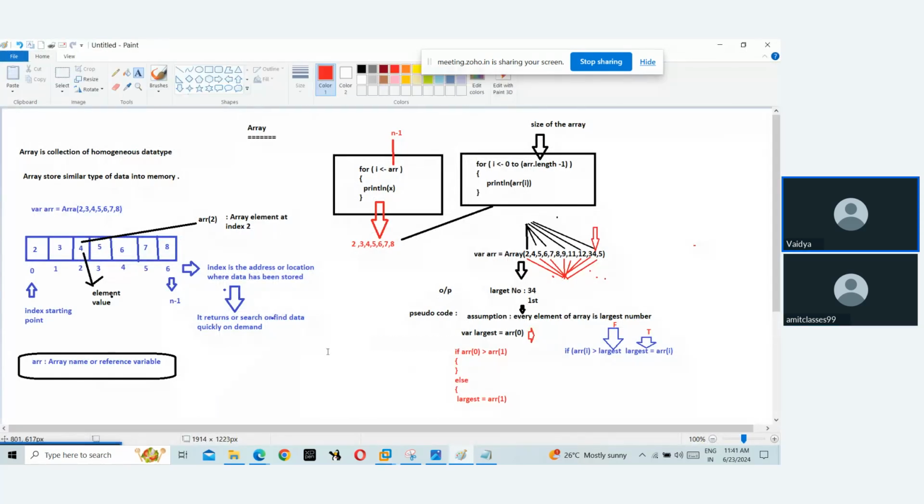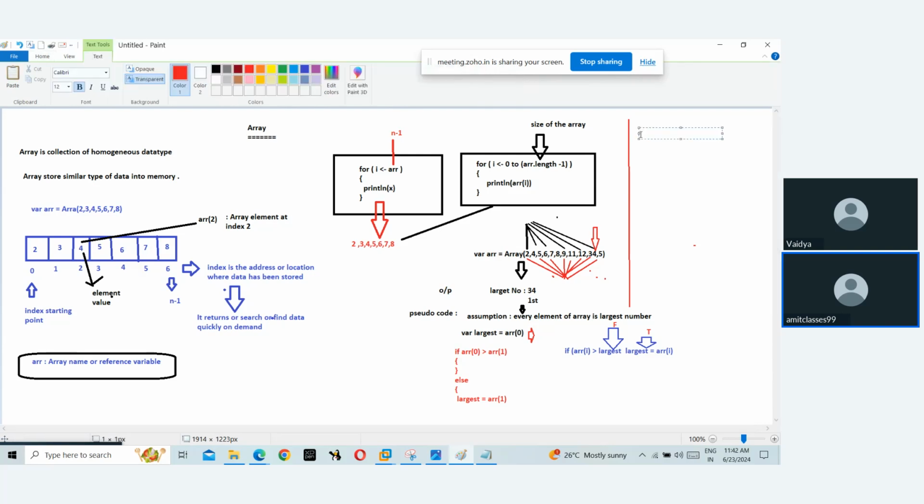But how do we handle a multi-dimension array in Scala? To work on the multi-dimension array, we have the function known as ofDim. Let me show you. var multi-array, multi-dimension array,